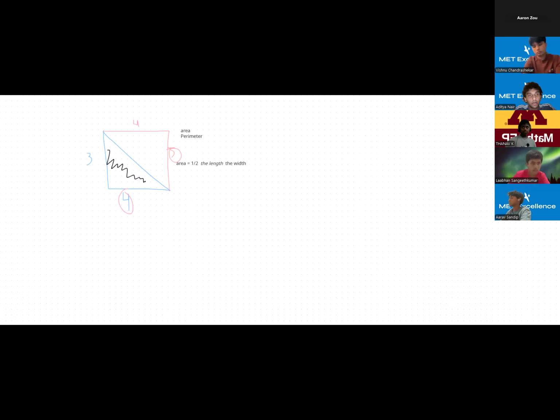And then to get our perimeter, we're not given what this line is. Can anyone tell me what this part of a triangle is called? The hypotenuse. Yep, that is correct. And do you know how to calculate the length of the hypotenuse? A squared plus B squared equals C squared. Yep, that is part of it actually.